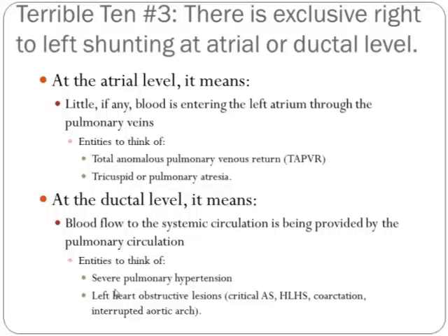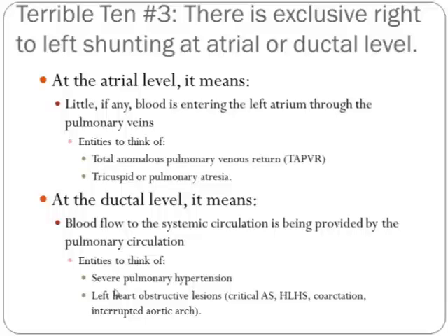So if you see exclusive right to left shunting at the atrial level, it means one of a couple of things. It basically indicates that there's not enough blood entering the left atrium through the pulmonary veins to fill the left heart. And so the baby is having enough left ventricle cardiac output by basically drawing additional blood from the right atrium into the left atrium. And this can mean any one of a number of things, but specific entities that I'd